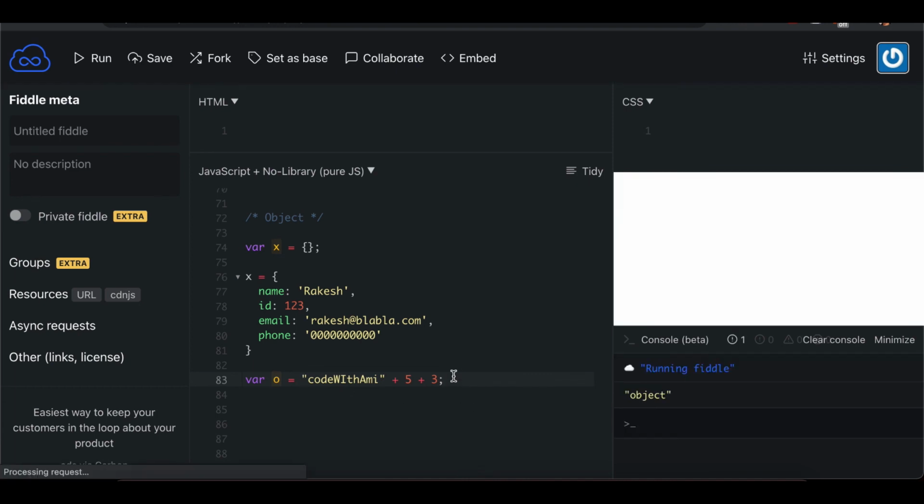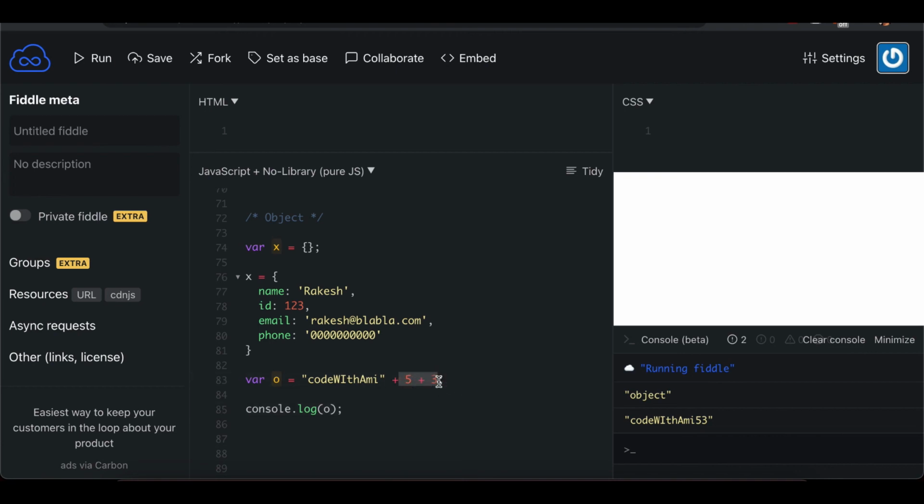We are trying to add two different data types: one is a string and the others are numbers. So what will be the output here? You can see "Code with Ami 53". It has not even added the numbers.